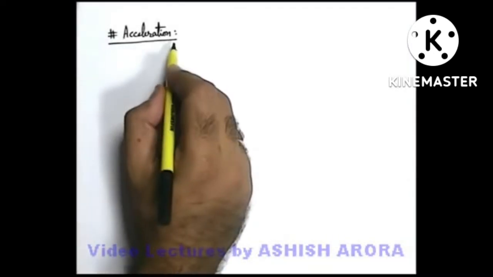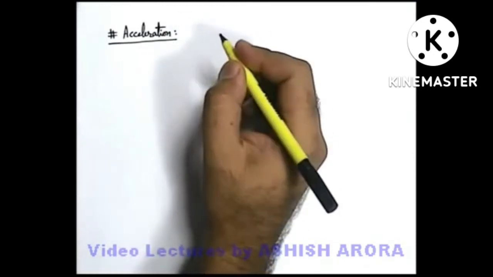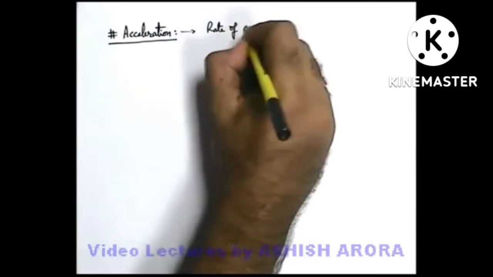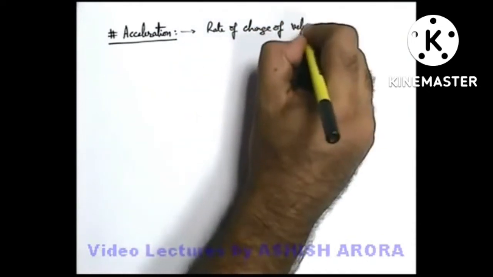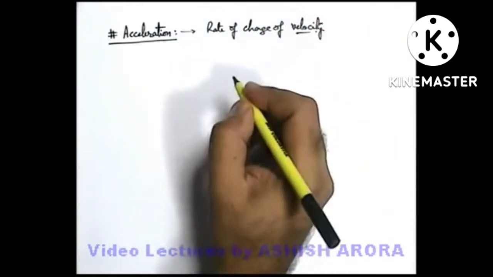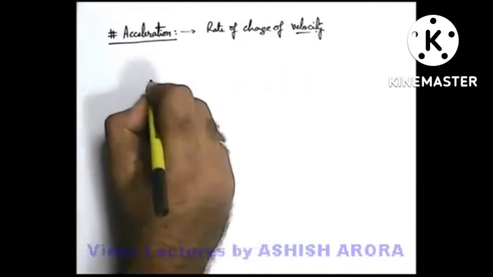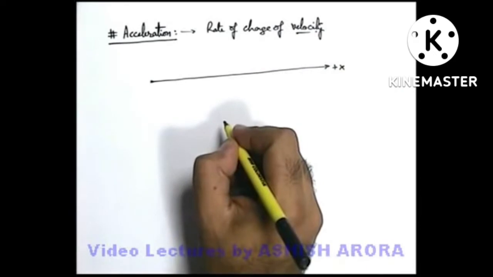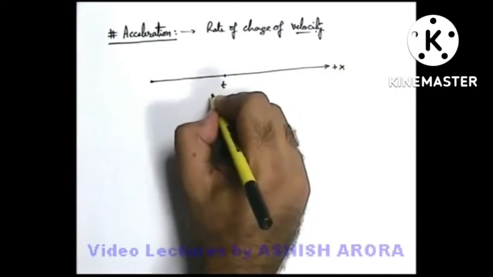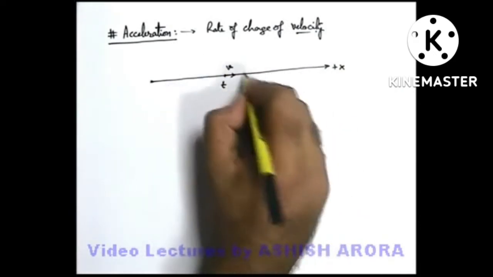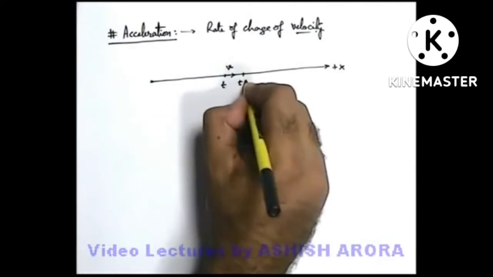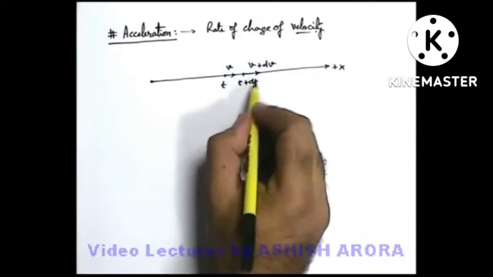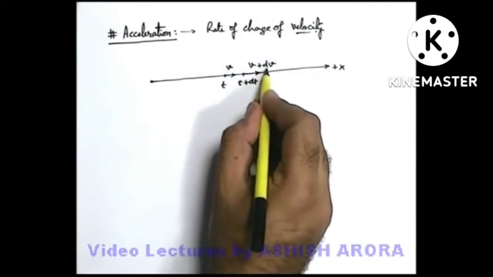Let's discuss acceleration. As I think in your earlier classes, you might have covered that acceleration is the rate of change of velocity. But here we define acceleration as an instantaneous term. Say for example, a particle starts from a point and moves in the positive direction of the x-axis. So at any general instant of time t, the particle is having a velocity v, and in a very short duration from t to t plus dt, the velocity is increased from v to v plus dv. So we can say in the duration dt, the velocity increment is dv.